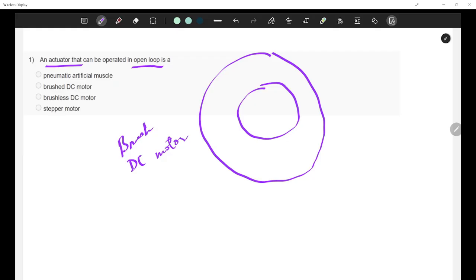In a brushed DC motor, on the stator your permanent magnets are placed. These permanent magnets actually help in the alignment of the poles. Then you have multiple poles placed on the rotor in this way.